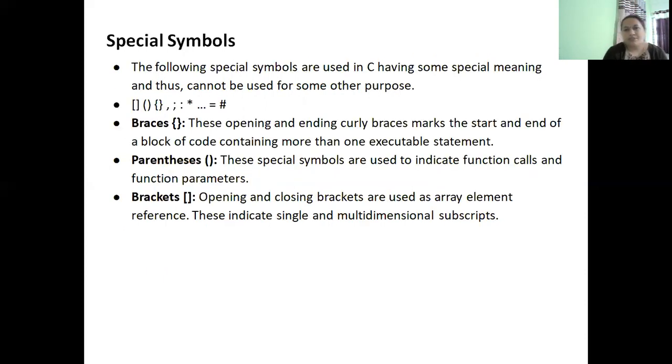There are some special symbols which are used in C, and they have special meanings. These special characters are brackets, parentheses, which are either curved brackets, square brackets, or even flower brackets. Along with these, we have other special symbols like colon, question mark, hash, equal to, and so on. Any of these can also be part of the string constants as well as character constants.